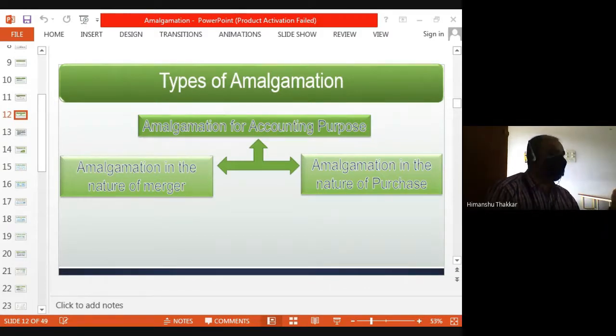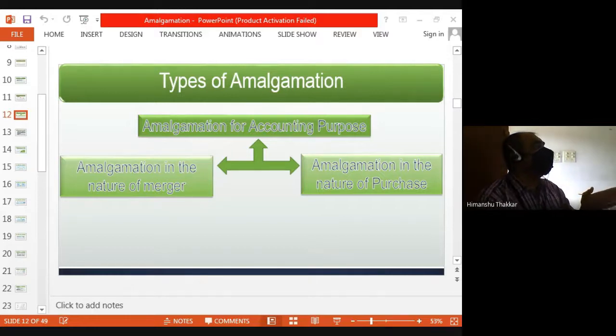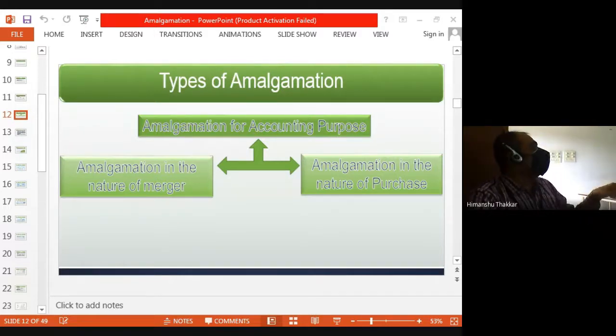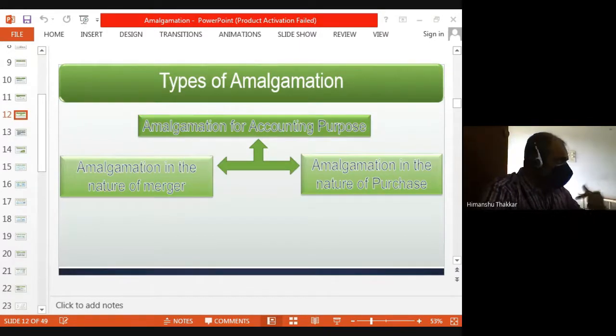Second category sum is, in the first category sum we talked about which company? The company which is going to stay, which is going to exist after amalgamation and absorption. We talked about only that company. Now, in the second category sum, we'll be talking about the company which is going to lose its existence. If, for example, it was absorption, which company loses its existence?